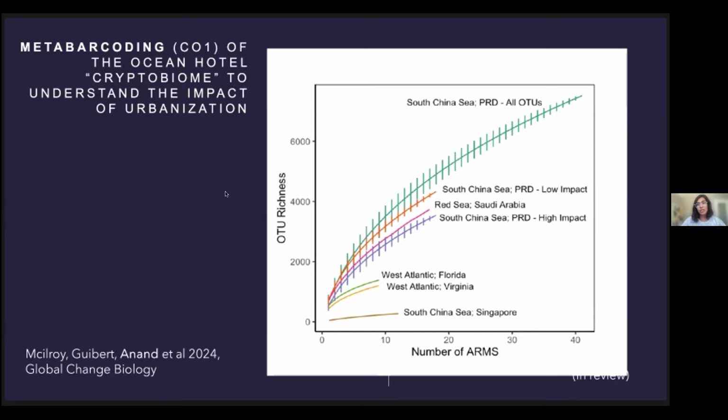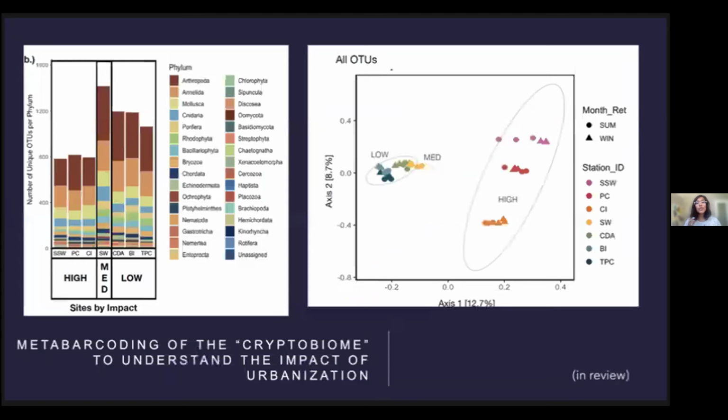And it's something I'm going to speak about a little bit more. But then what was happening was something called environmental filtering, because of urbanization pressure. And it tended to skew the samples towards one site over the other, and that happened to be the site that had the medium impact, and not the high or the low impact site. So again, this was interesting, because you would expect the site that has low environmental pollution to also have the higher biodiversity. But that wasn't the case.